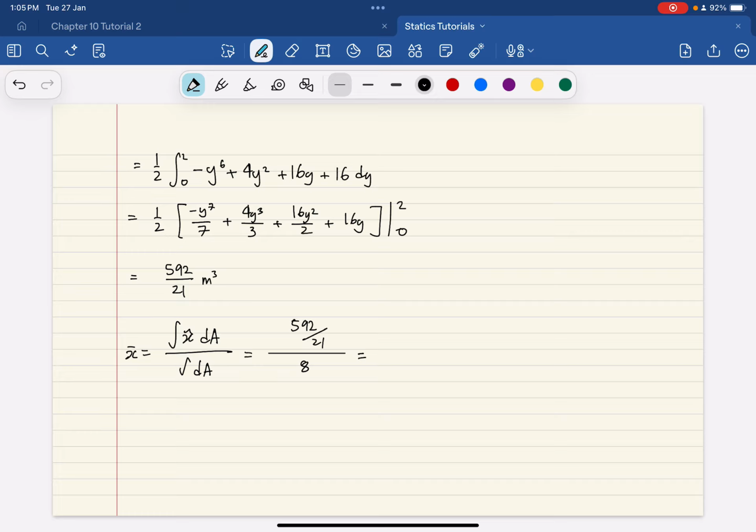So our answer would be 592 over 21 divided by 8. So 74 over 21 meters, which if you convert to decimal places in 3 significant figures would be 3.52 meters. Whereas for y tilde,